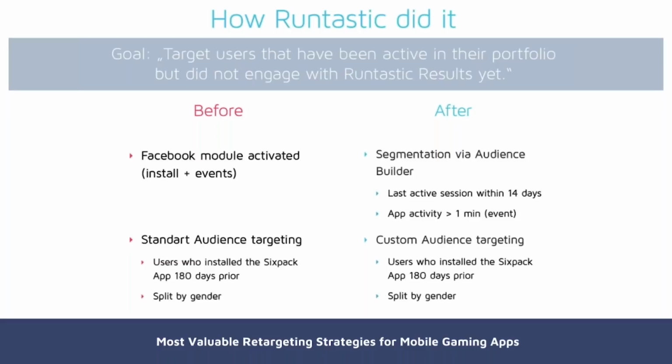So before, they were using the Facebook module, as you all know, just by sharing data through the API. The thing is that the data shared from Adjust was not granular enough. So the algorithm of the segmentation was the Facebook one. So it was granular, it was definitely working, but it was not so granular. And with very granular, I mean that after they started using the audience builder, they were managing